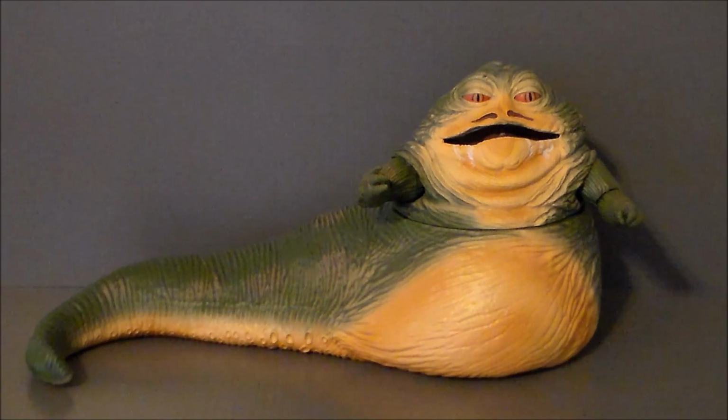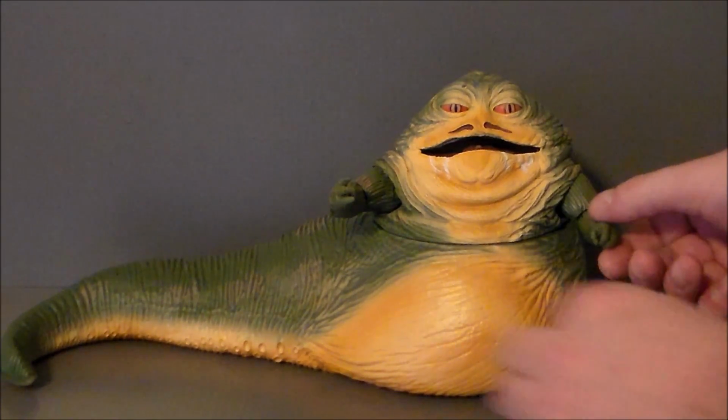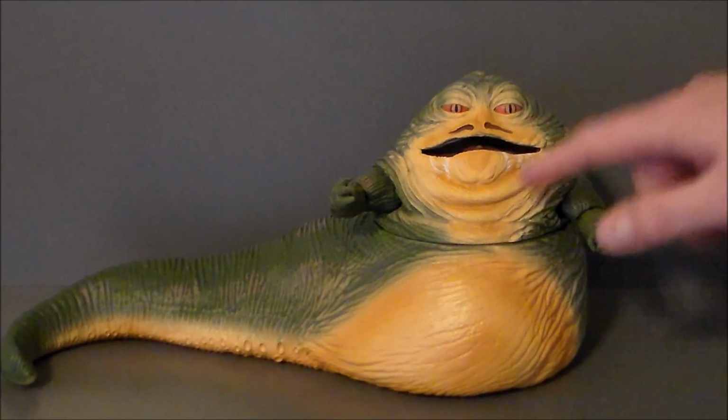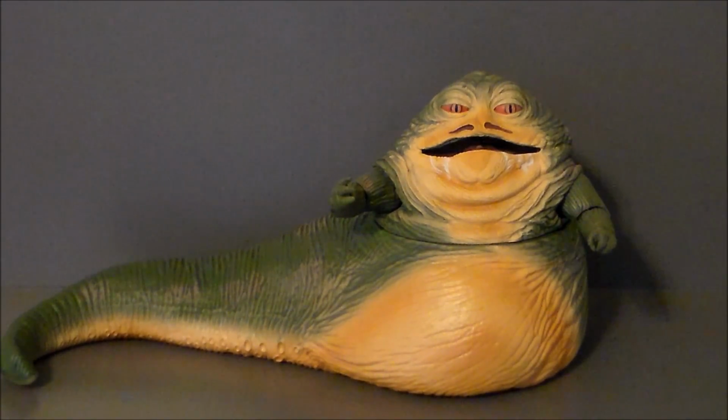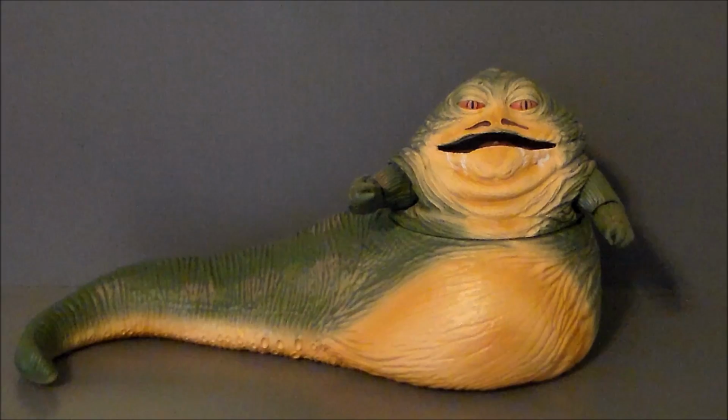My number 3 pick has got to go to the Star Wars Black Series 6-inch Jabba the Hutt. This thing is absolutely the best Jabba the Hutt figure that we have received. He's got a mouth that moves. The paint detail on the figure is amazing. I mean, you can't go wrong with this figure. It basically uses the Slave Leia as